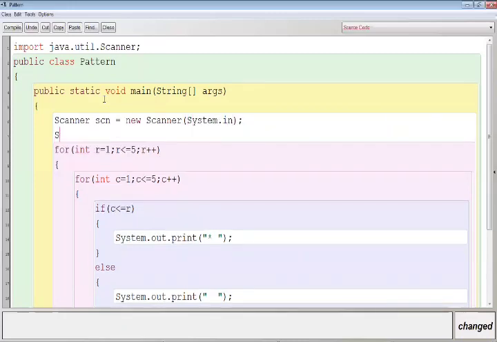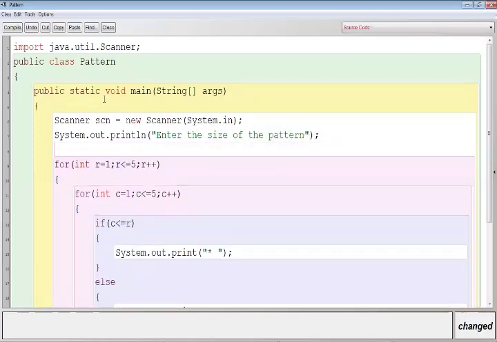Let me give one message, System.out.println, enter the size of the pattern. Accept the size, int size is equal to scn.nextInt.